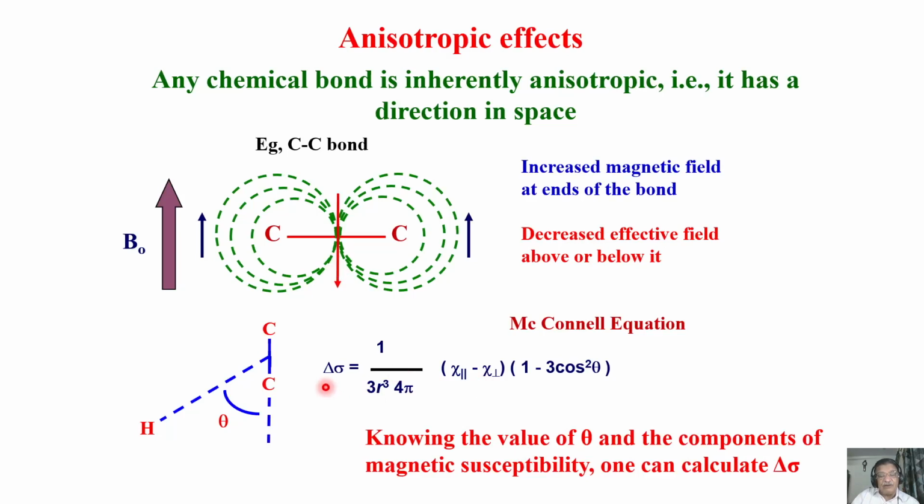But then you can find out the anisotropy. If you know this, you can find out the contribution to sigma. If I know the magnetic susceptibility anisotropy, I can do that by using a simple equation called the McConnell equation. This is a very basic equation available in all the books. Read books by Pople, Bernstein, Schneider and Bernstein, and many other good books on NMR. Basic books will explain how to derive the McConnell equation, and that is not the important point for us. Just to tell you, the anisotropy of this bond can be there, and depending upon where you are seeing this bond, whether here, here or here, it varies as a function of angle theta.